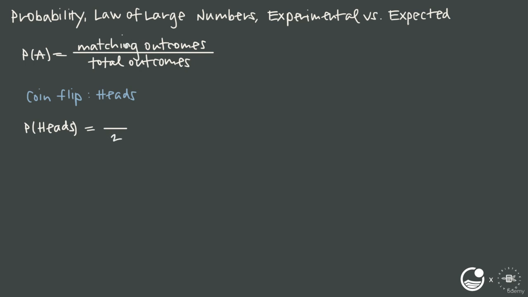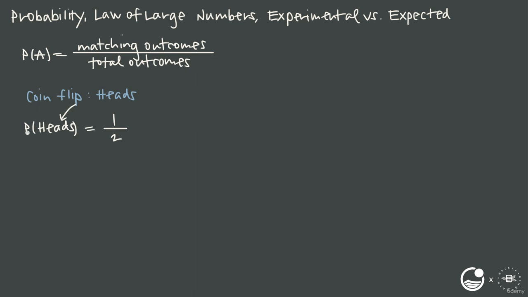This idea then of matching outcomes is the number of outcomes that match our scenario here of event A, which is heads. We're interested in flipping heads, and so only one of the two scenarios matches that event. If we flip tails, it doesn't match this event of getting heads. Only getting heads when we flip the coin matches this event, so the number of matching outcomes is simply 1,